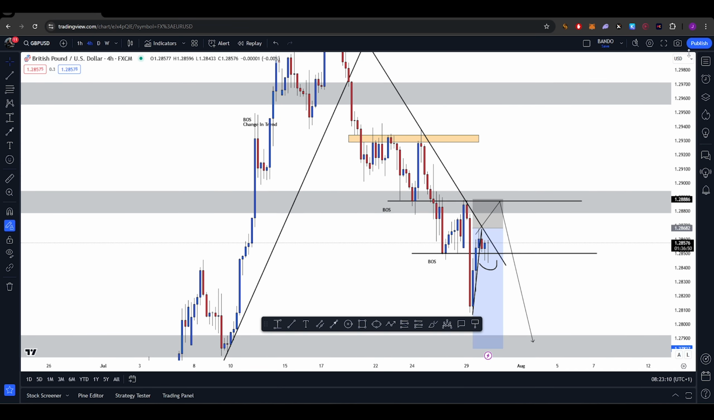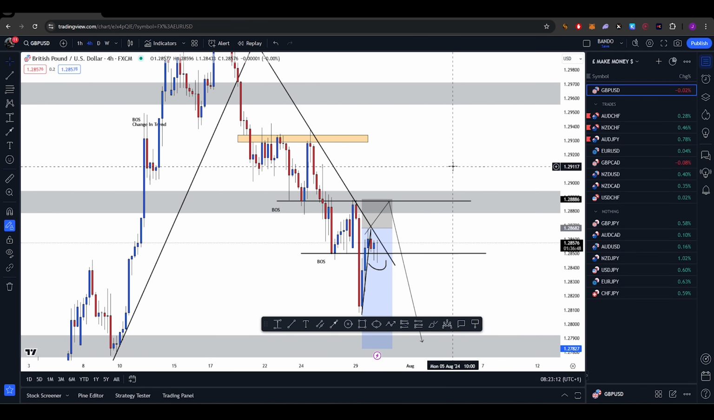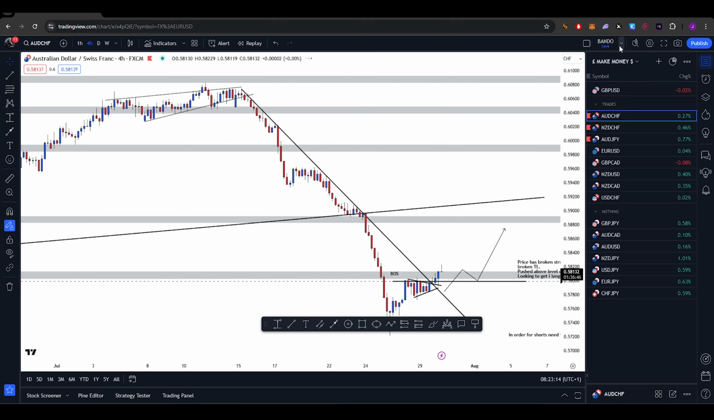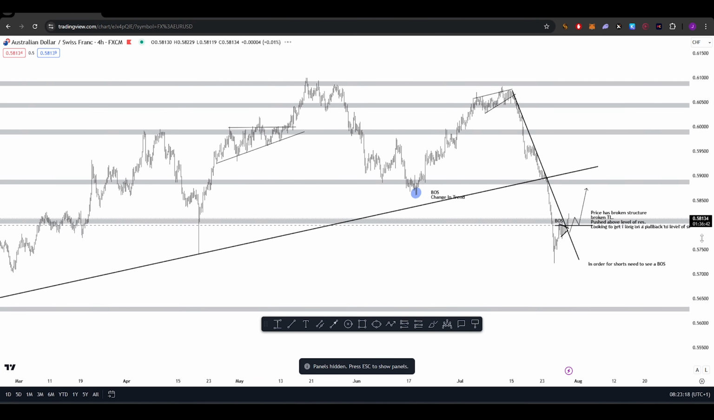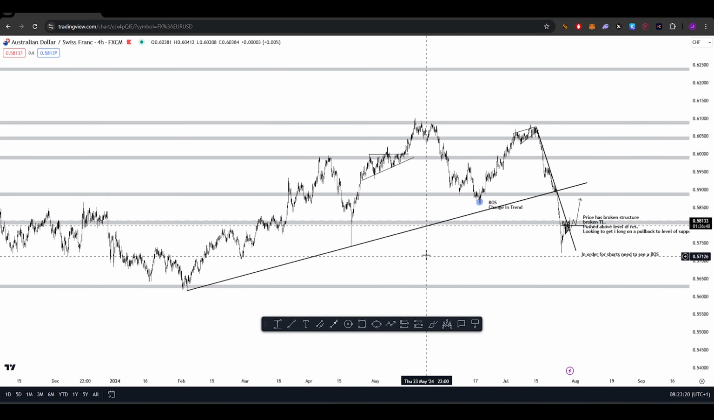So yeah, that's the update on that. Potential other setups I am looking at though to get in. So Aussie Swiss franc, if we just take out this zoomed out view,